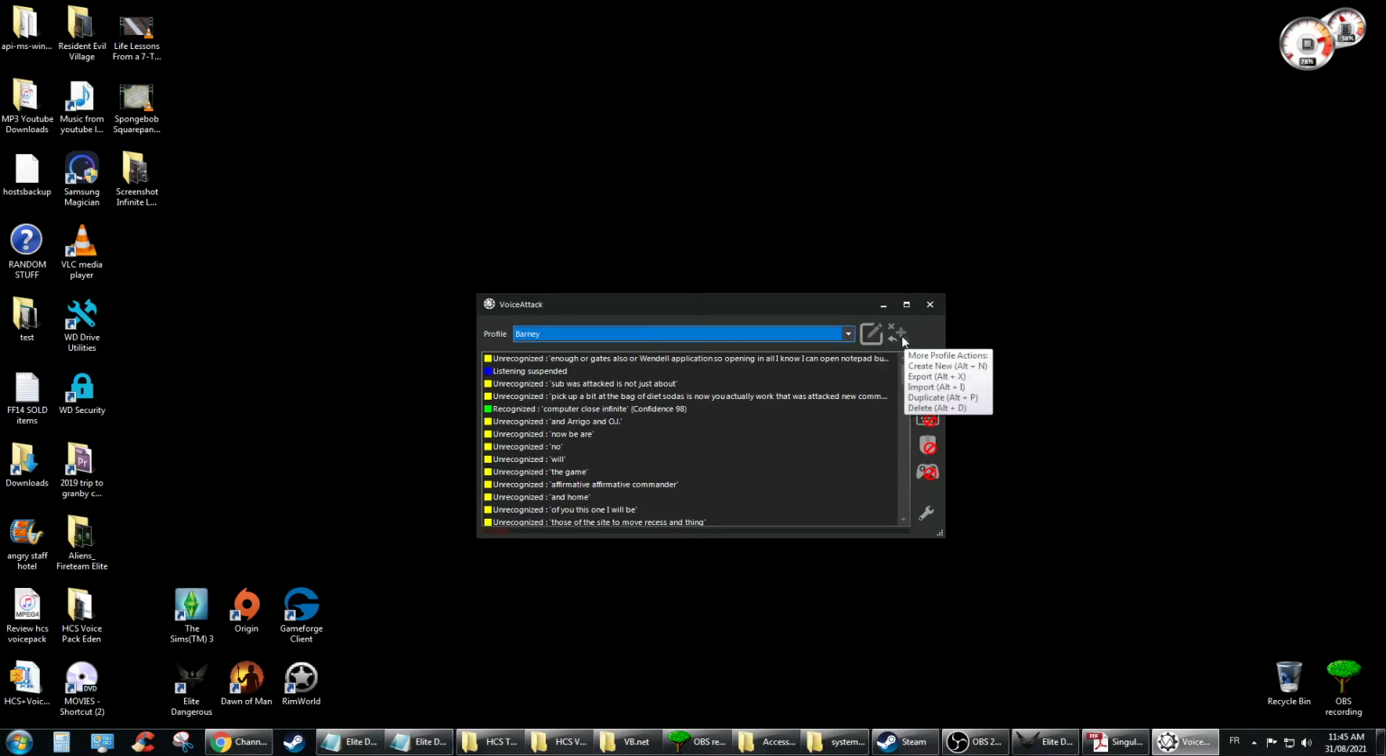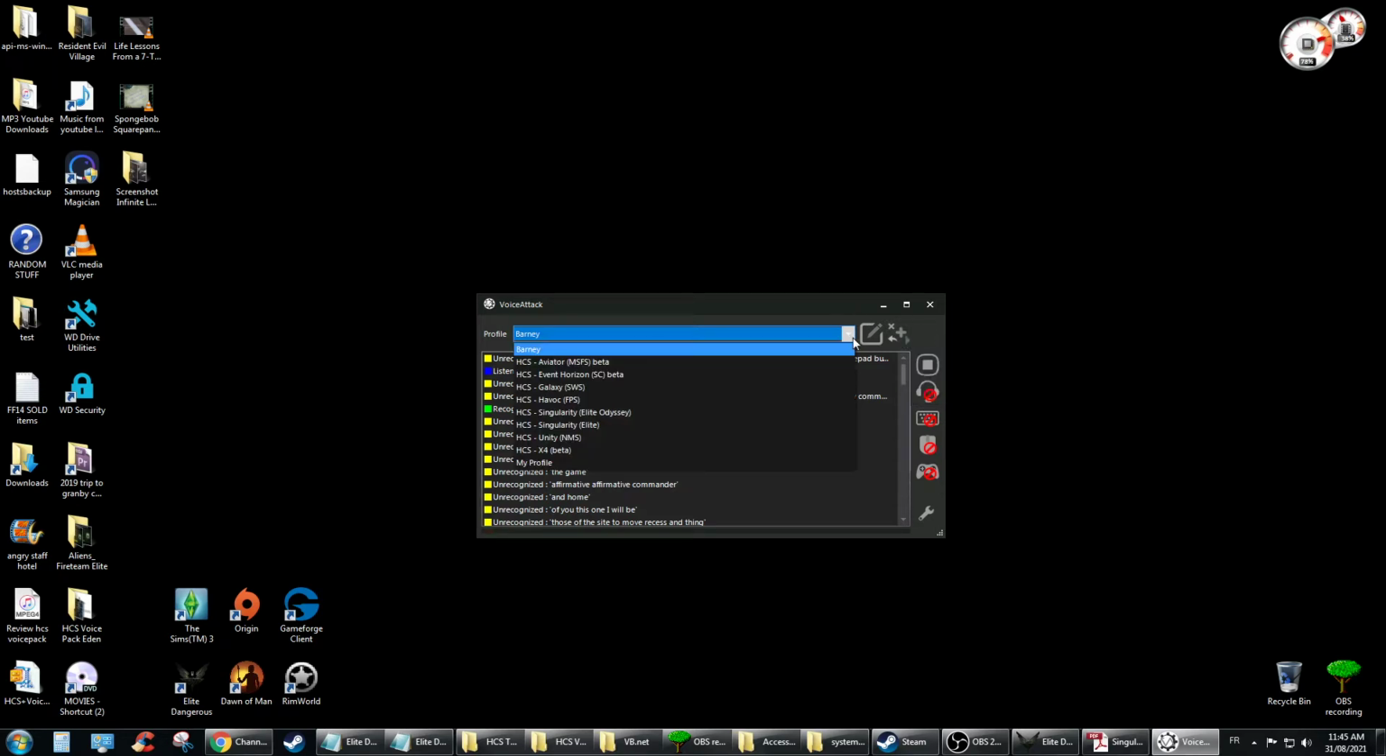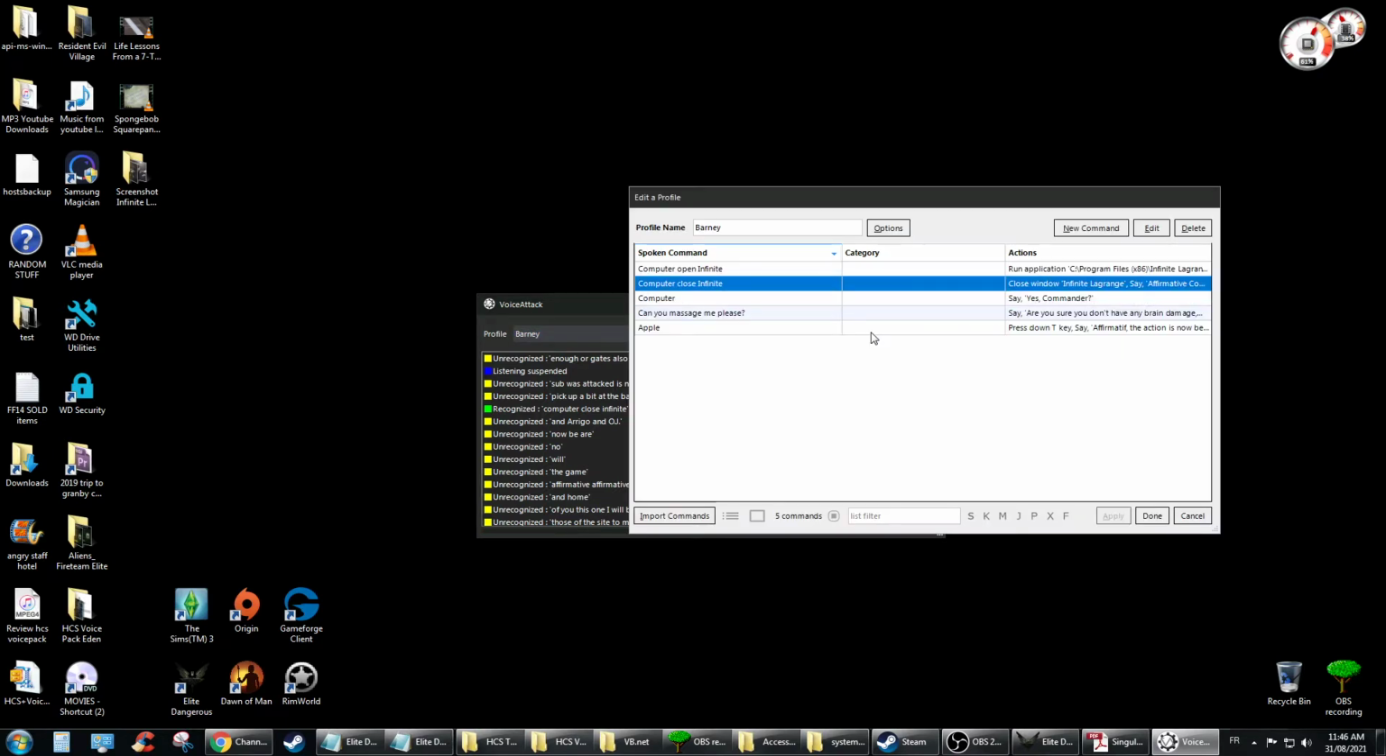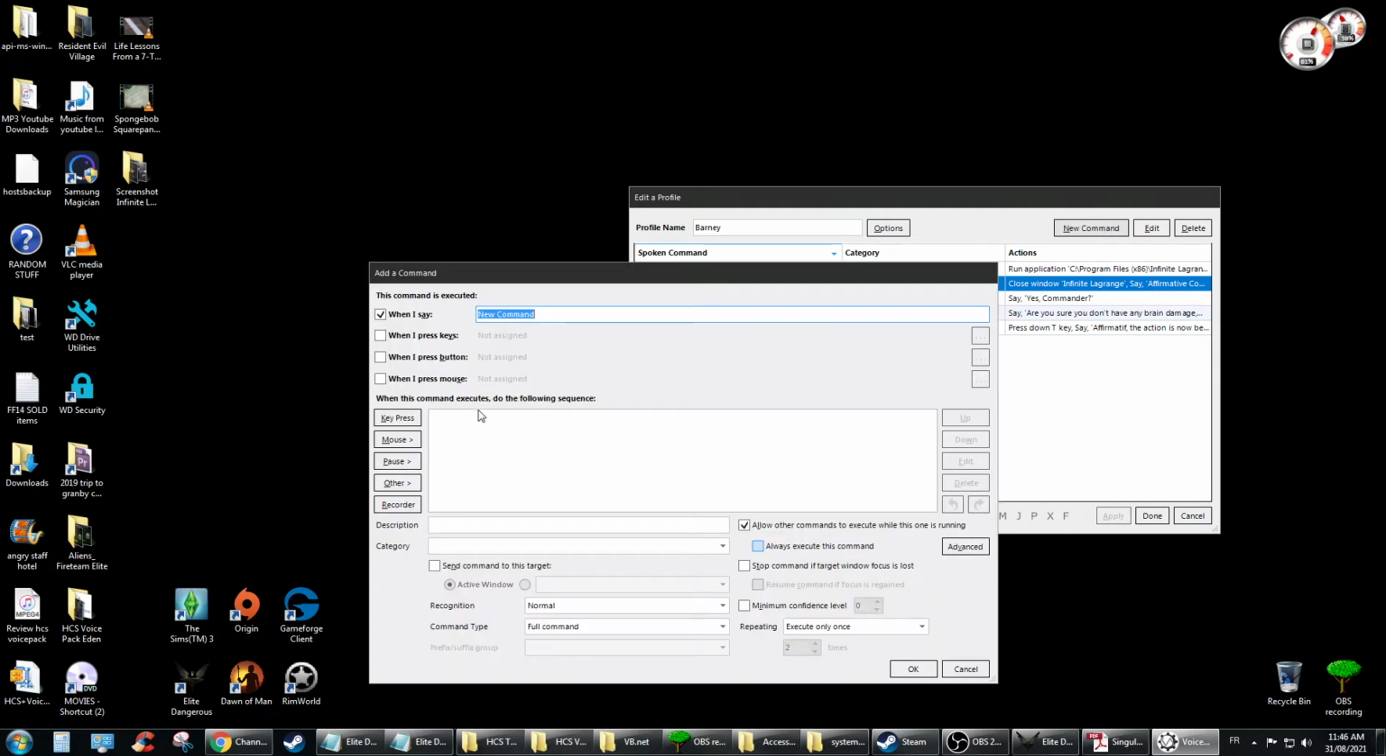To create one, you go over here, click this, and create new profile. Once it is created, you pick the profile you created. In this instance, I have the profile Barney. So let's say I'm in my profile. You go to edit profile, and then you go to new command, and then you say, let's say, computer,